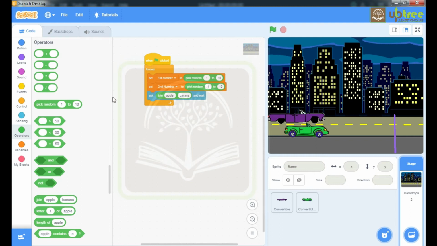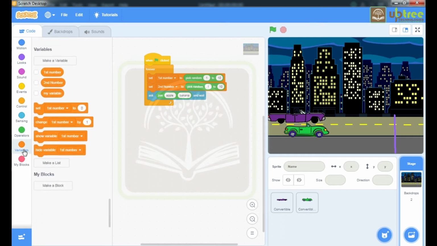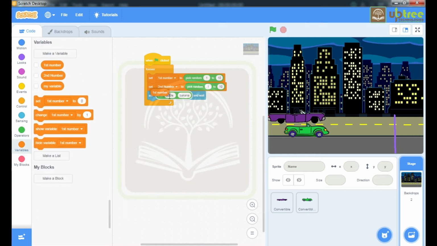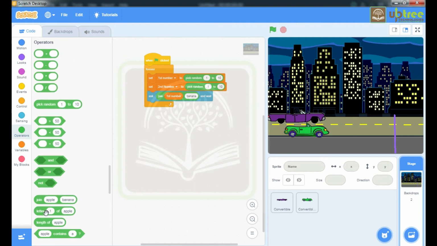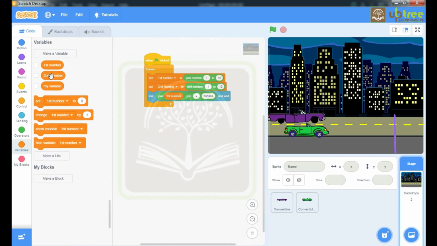First I want to show the variable which is first number. Then I want one more join. Second we'll type plus and then the second number. So the message that will be displayed on screen will be first number plus second number, and it will ask